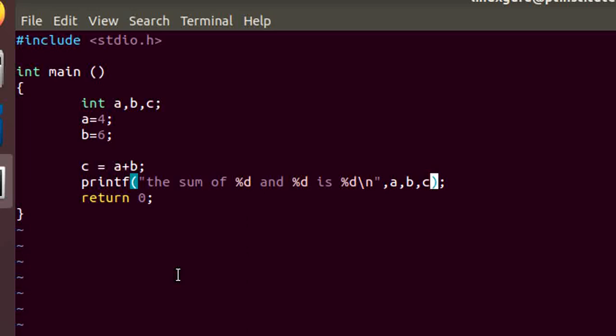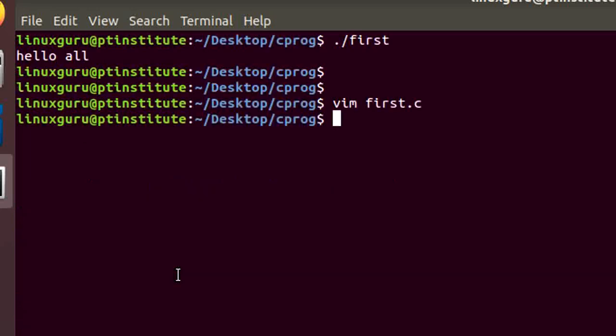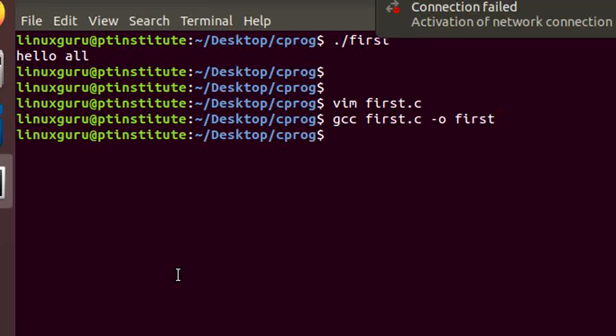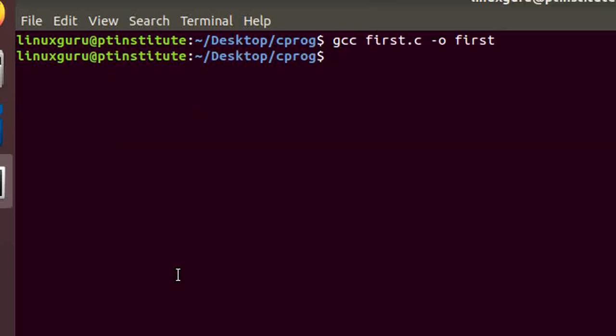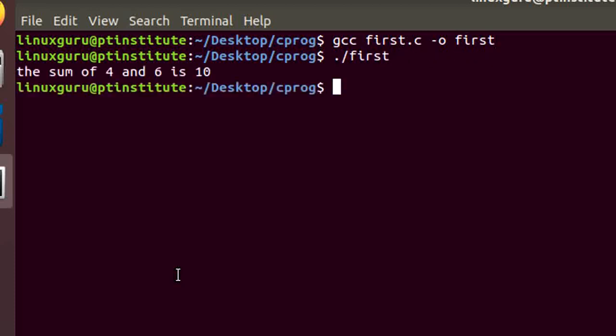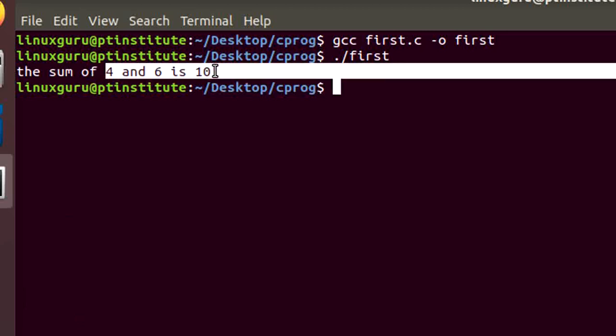Okay. So now we can compile it. We can say escape colon wq, and let's run it. So whatever commands you have already given, those commands are preserved, and you can use the up arrow and down arrow for selecting those commands. So this command we had already given. Let's give it. So we did not get any error. It got compiled. So let's run it. So for running, you see the sum of 4 plus 6 is 10.